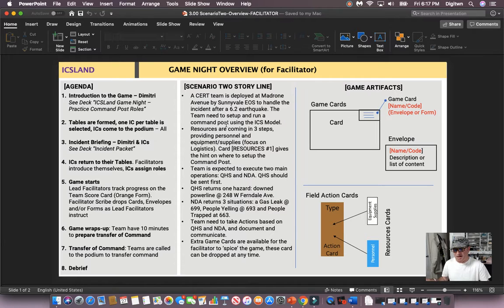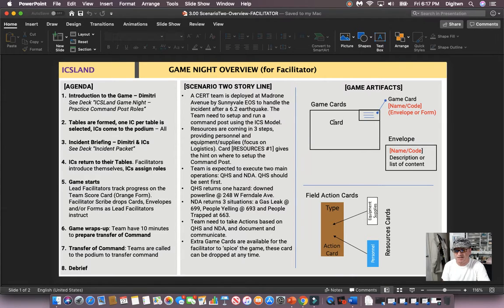That's the core main scenario, and we will see when we look at the scenario in more detail that there are also curveballs, so you can drop some extra things for the teams that progress well. This section here on the right is also interesting. It gives a summary of the artifacts. We will see that I've changed the cards on scenario 2 to make them much easier to use.